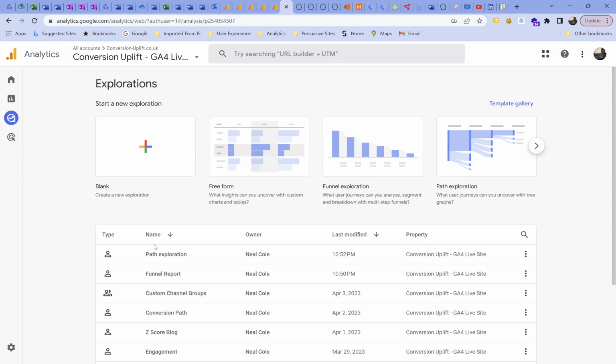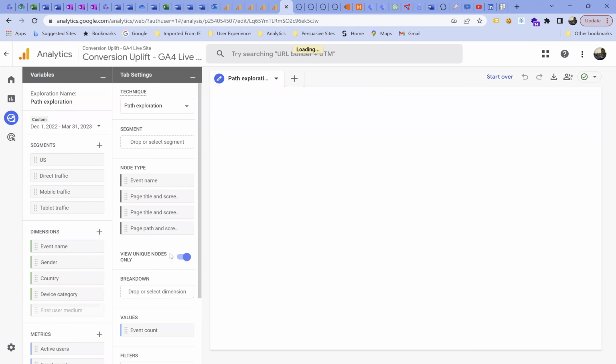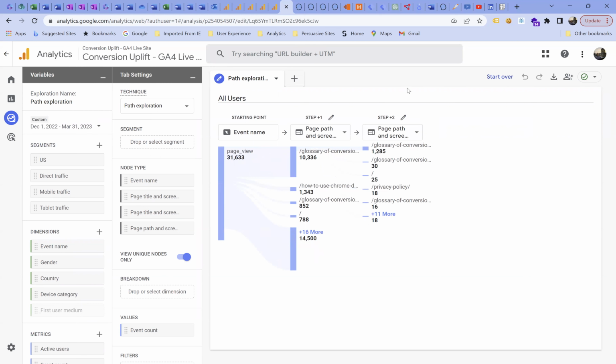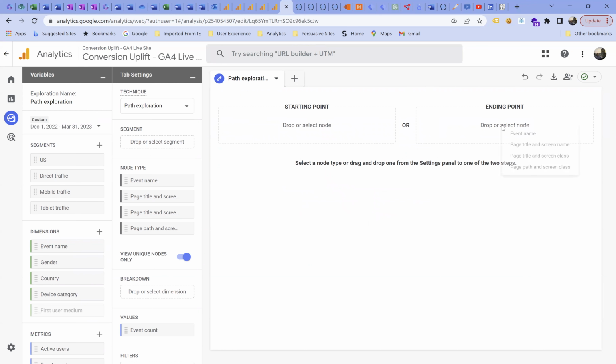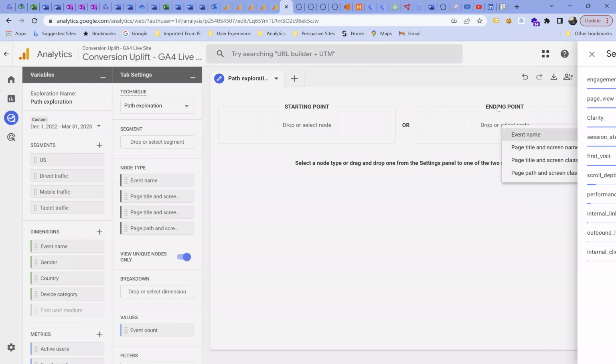And I always use the path exploration report first of all to actually check whether my understanding of the event tracking through the funnel is actually accurate and everything's working. So I would go into the path exploration report here, but I'll go into this one I've already built just to speed things up. And what I would do is start over and go to the endpoint, which in my case is an event for